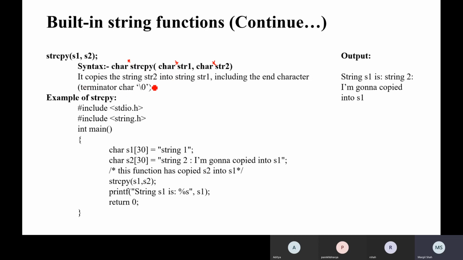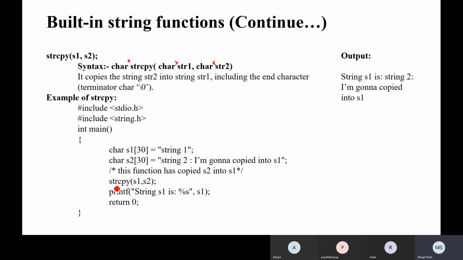Basically it copies the string str2 into str1, as we already discussed, including the end-of-string character \0. So we include stdio.h and another header file, string.h. In int main, char s1[30] is my string 1 and s2[30] is my string 2. I am going to copy s2 into s1.